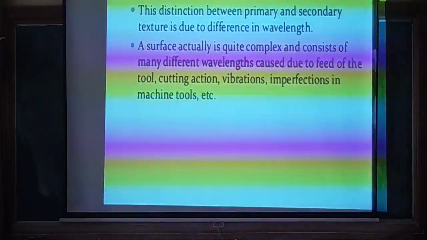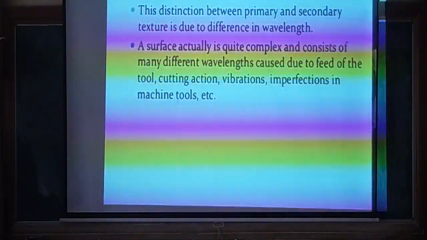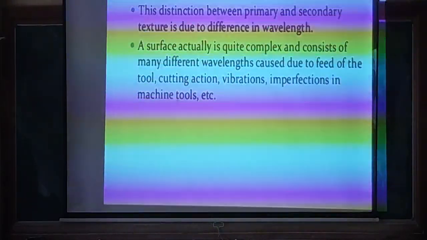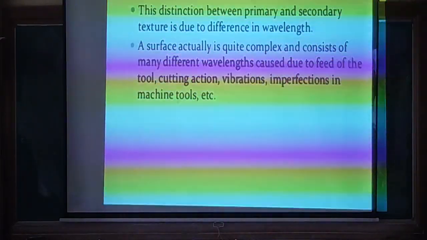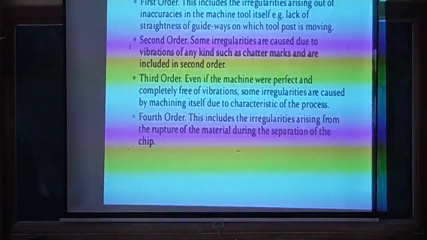So that you have seen. And the causes you have seen: the feed in the cutting tool, tool and cutting action, vibrations, imperfections, all those things will affect the tool life or